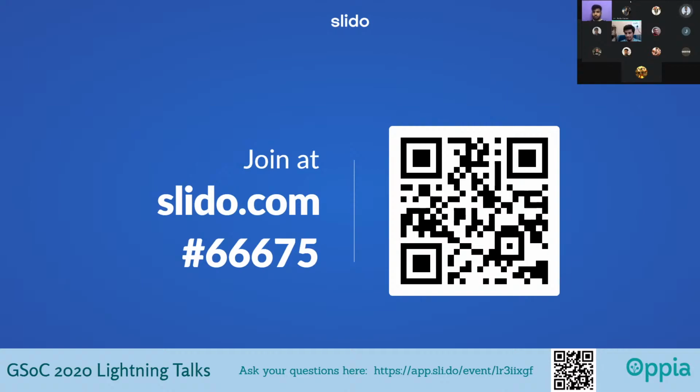So I didn't get the question. The question is, how is the Oppiabot working now? Yeah, so Oppiabot is doing lots of things right now. Checking issues, making sure that the right labels are added to issues, and lots of things in the pull request.